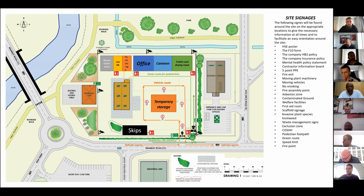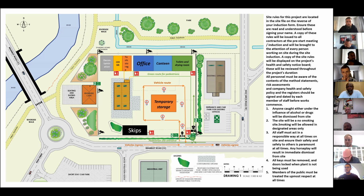Now I'm going to pass you to my colleague, Babatunde, the assistant manager, and he's going to tell you about the site rules. Babatunde: Morning, everyone. Just as my colleague Alex said, I'm the assistant site manager today, and I'm going to be walking you through the site rules and the site